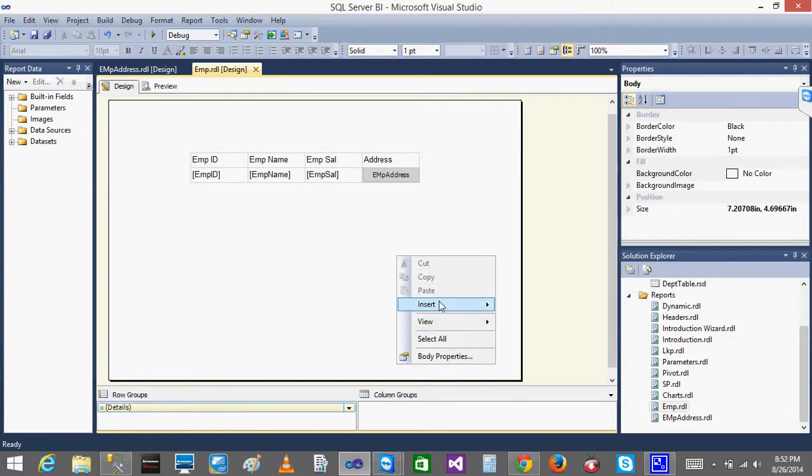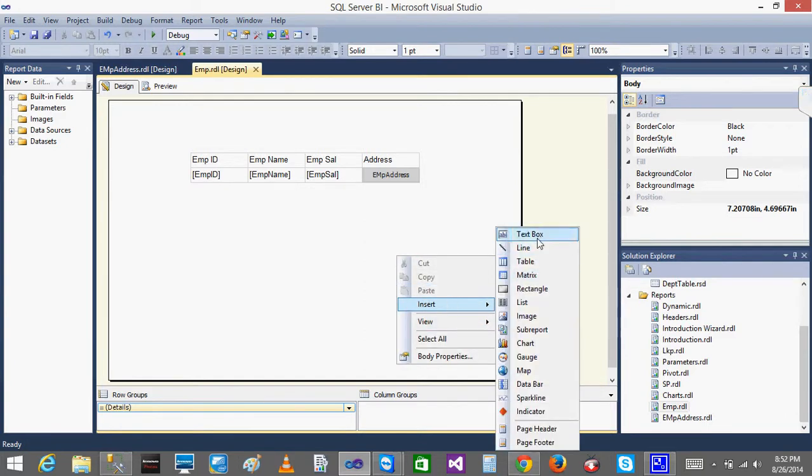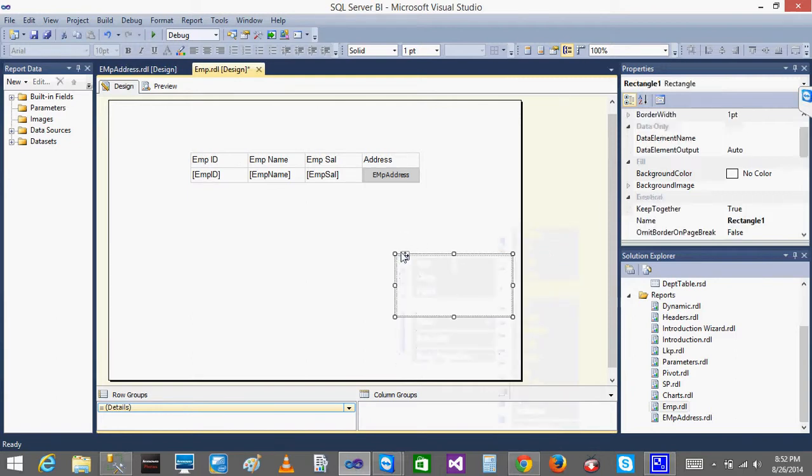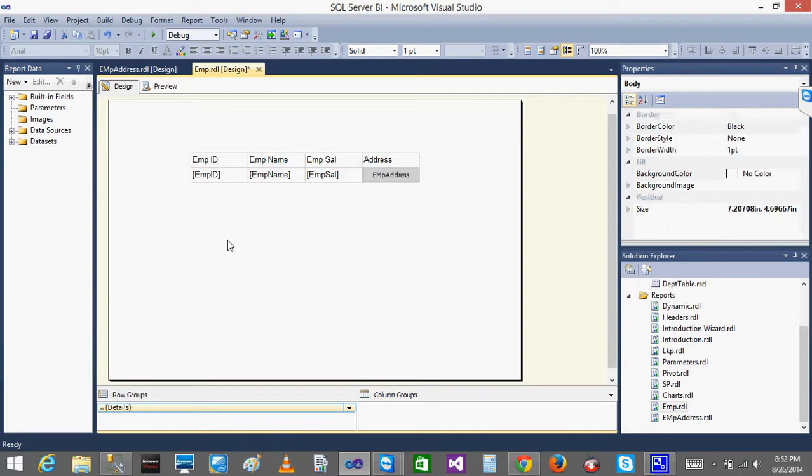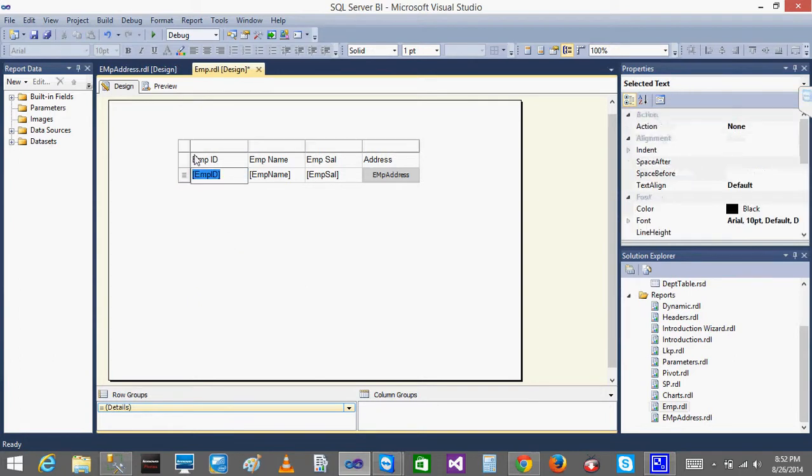And there are many things. If I go to Insert, we can even work with a text box. We have seen matrix, right? What is a rectangle? Okay. So basically the rectangle is one thing we are going to see. My scenario is that